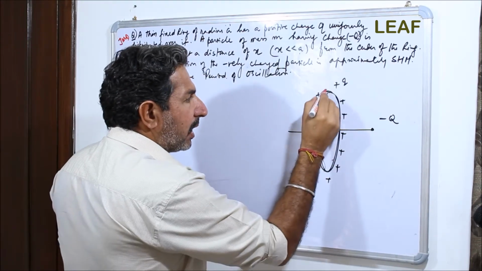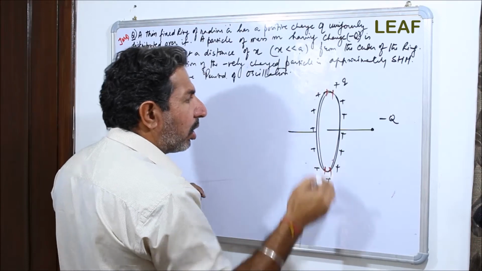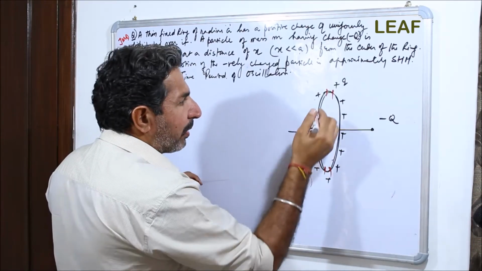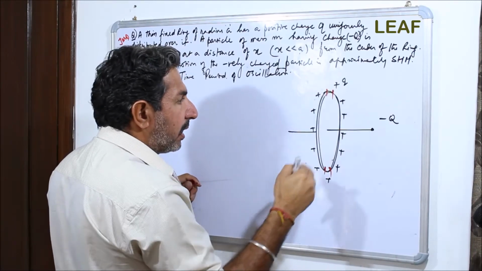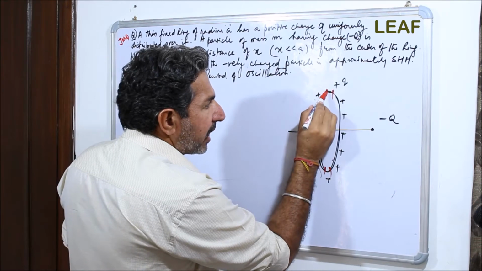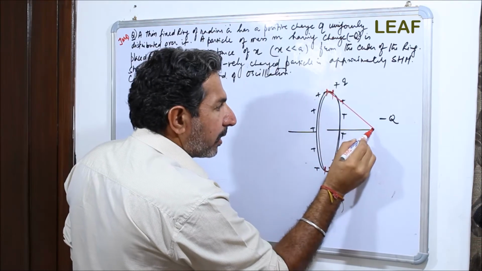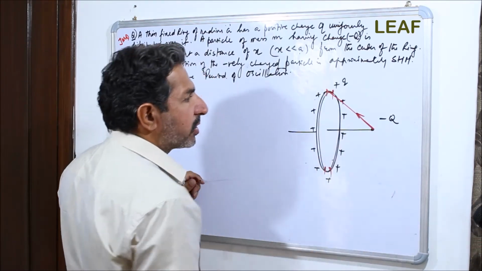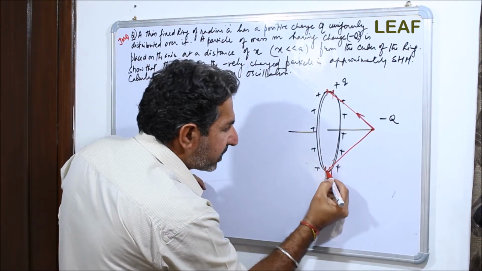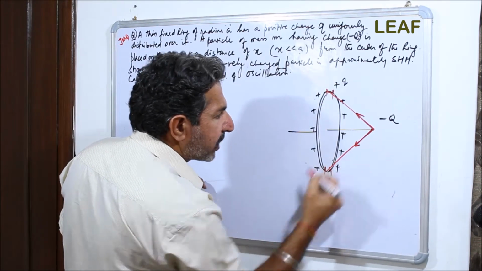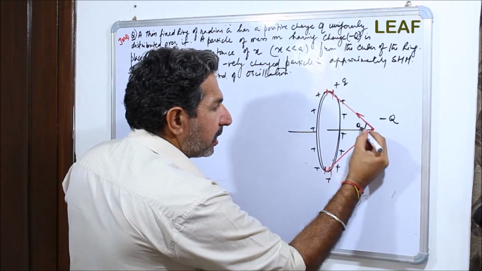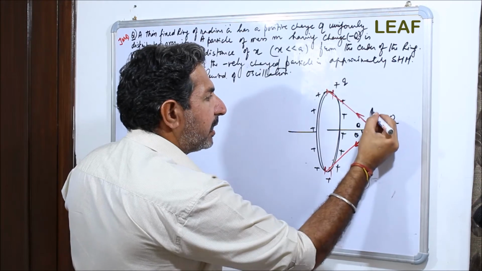Now to solve it, let's consider these two elements on the symmetrically opposite sides of the ring. Why? Because we are going to cancel the symmetrical components of the forces. So this element is going to cause a force like this because positive is going to attract the negative charge. In the same way, this is going to attract the negative charge. So if this angle is theta, this angle is also theta, and these will be the components.